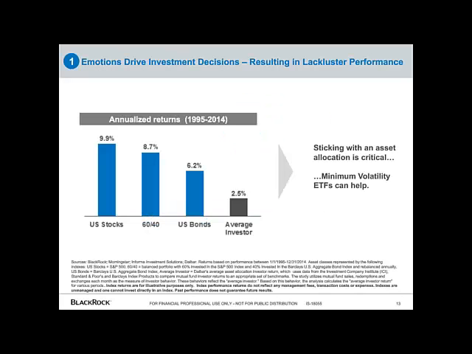The first reason is behavioral. So we're all probably familiar with this Dalbar study, which highlights the differences between investment returns and the typical investor returns. By not sticking to an asset allocation over time, and by making emotional decisions about when to be risk on and risk off, when to take money off the table or plug more money into your investments, investors tend to leave money on the table. By minimizing the swings in your client portfolios, you can help them stay true to their asset allocation longer and potentially improve their investment results, taking them closer to the investment results of a 60-40 portfolio over time.